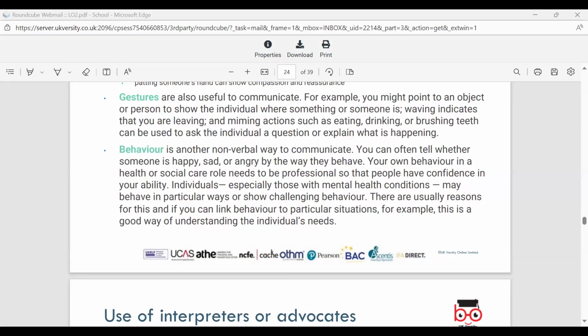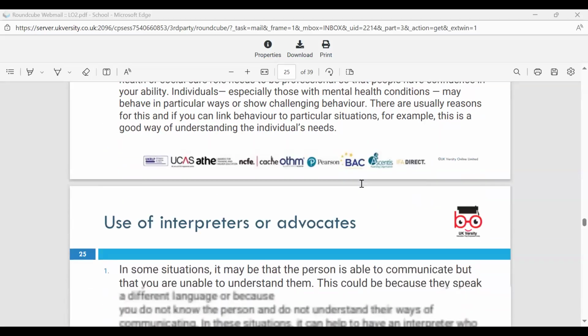For example, direct eye contact within Western cultures is normal, but in certain Asian and Middle Eastern cultures, it's a rude signal. It is. Yes. And thumbs up is a rude signal in countries like Nigeria and Iran. If you give a thumbs up in certain countries like Nigeria and Iran, it's quite rude. It's a rude signal.